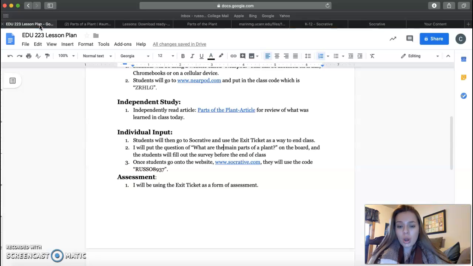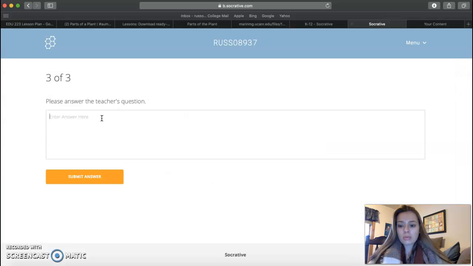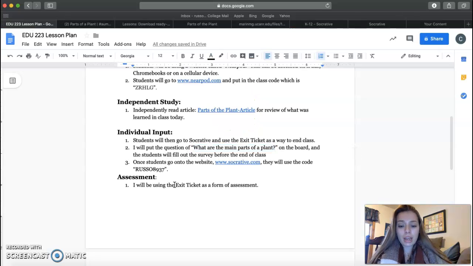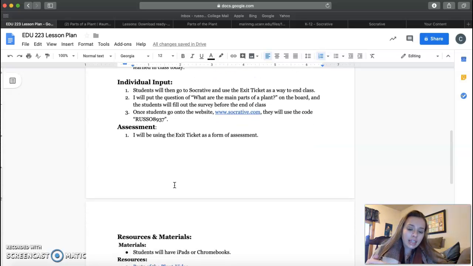So my question, once again, is what are the main parts of the plant? So then I would respond with leaf, stem, roots, etc. And I'm going to submit my answer. And that's it. So then when we go back to here, I will be using the exit ticket and